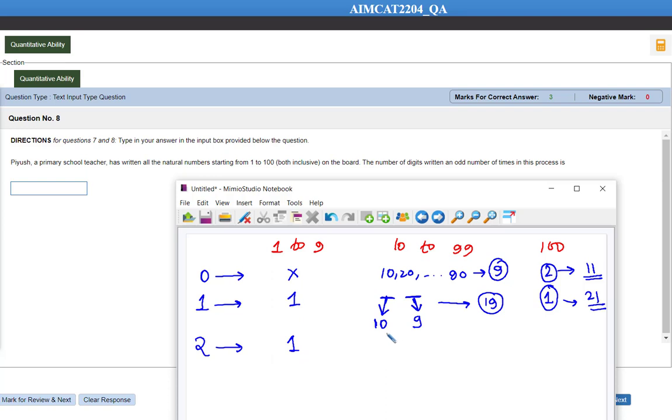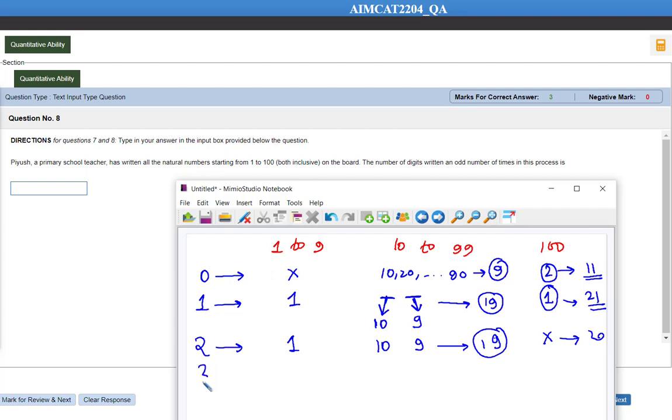Okay, over here 10 to 99 2-digit numbers are there. So at the 10th place we are going to write 2. How many times? In 20, 21, 22 till 29, 10 times. And at unit place 12, 22, 32 till 92, that is 9 times. So again 19 plus 1 is 20. Okay, sorry, hold on. In 100 we are not going to write it. Okay, look here, over here it is 19. In 100 there will not be 2, so total 20 times.